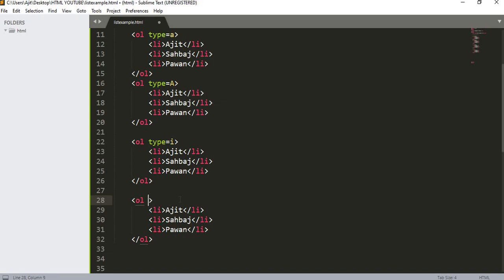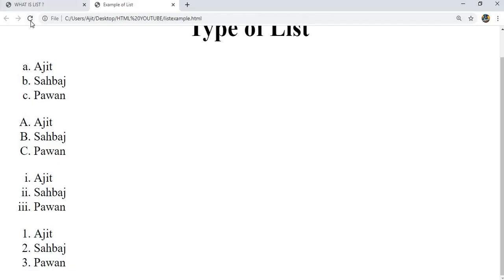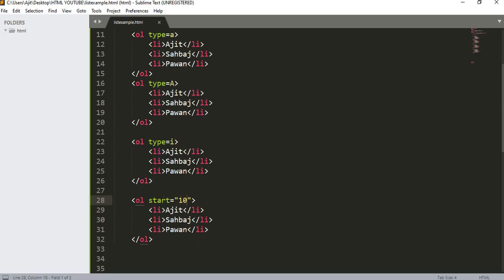We have to write start equals 10, Ctrl S, then execute it. Yes, you can see 10, 11, 12. So here is the change which we can do. We have to write start from where we want to start. So this was all about the ordered list.